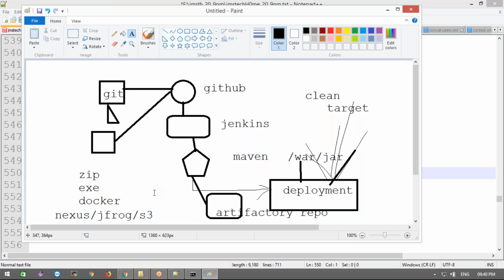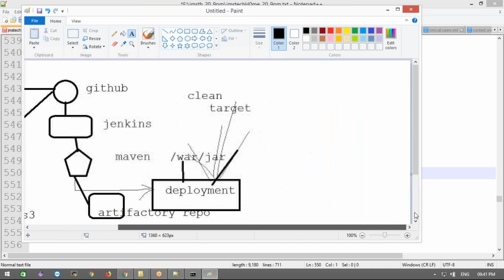I'm going to discuss Nexus: how to install Nexus, how to configure it, how to start it, and how to configure Nexus with our Jenkins, how it will go for auto build, up to end-to-end deployment. I need to implement it one step at a time.